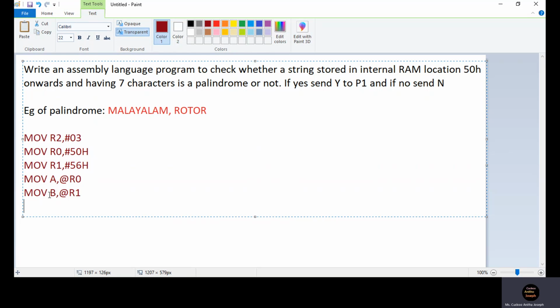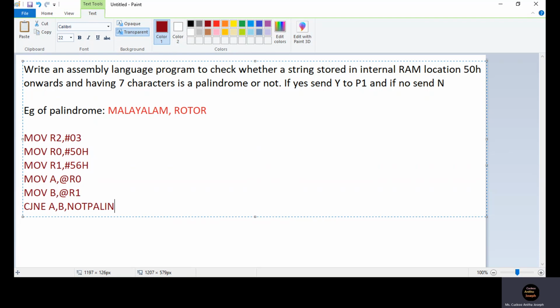So now let's give the instruction to compare them. CJNE A, B, not palin. If they are not equal, suppose that the first character and last character are not equal, then our string is not a palindrome.